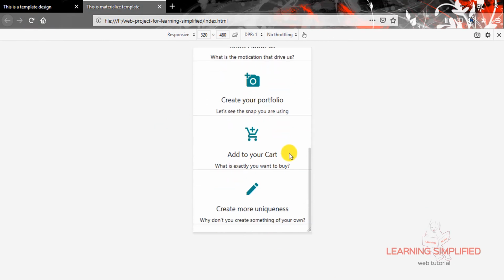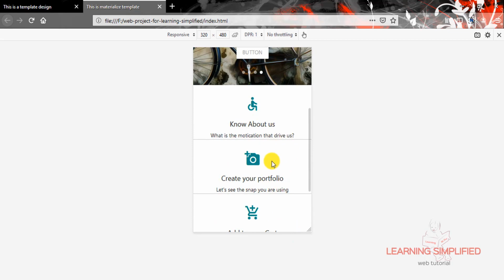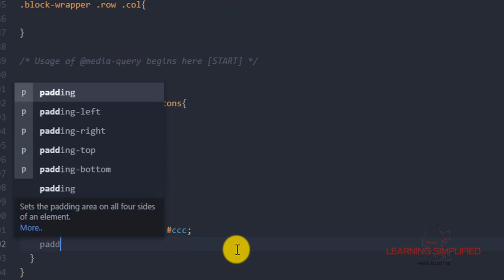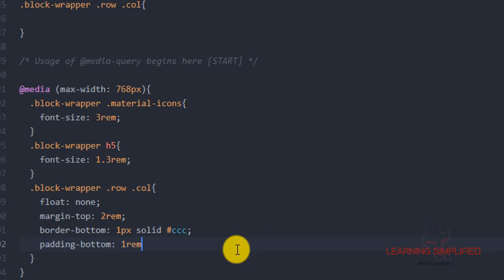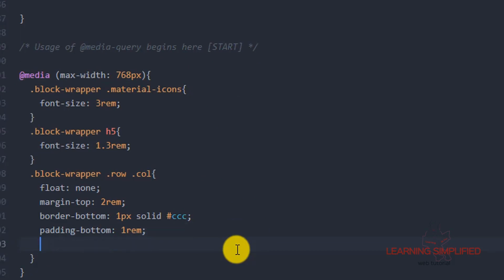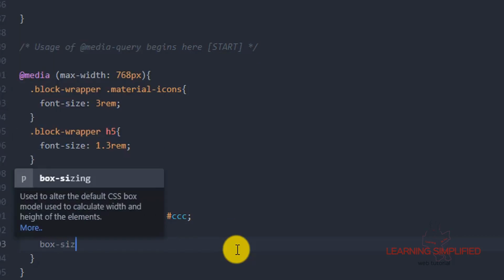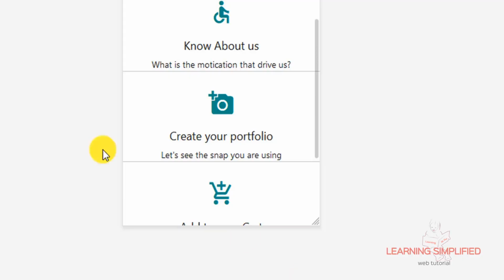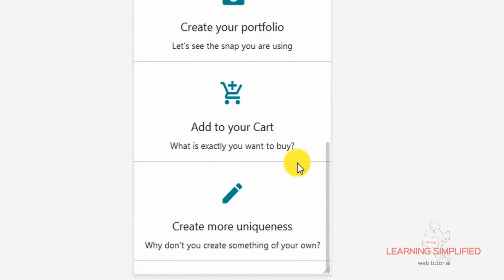In the second case, all we can do is create a little bit of padding. It still looks a little bit clumsy if we provide this border bottom. So in that case, we could have mentioned here this padding bottom 1 rem, and in that case, we may make use of box sizing, which is border box. Press Ctrl S, get back to your project and reload, and you can see that this will be the result. Everything is fine in its order.